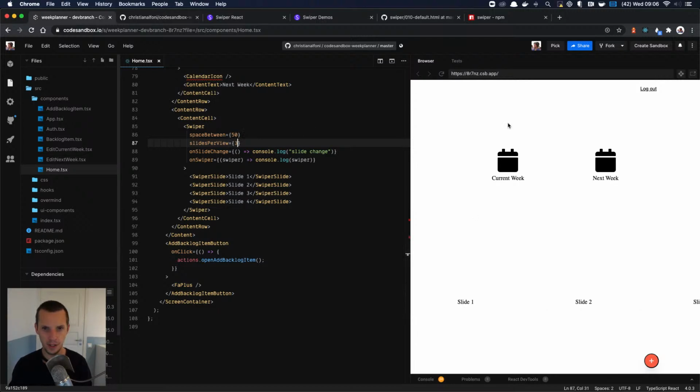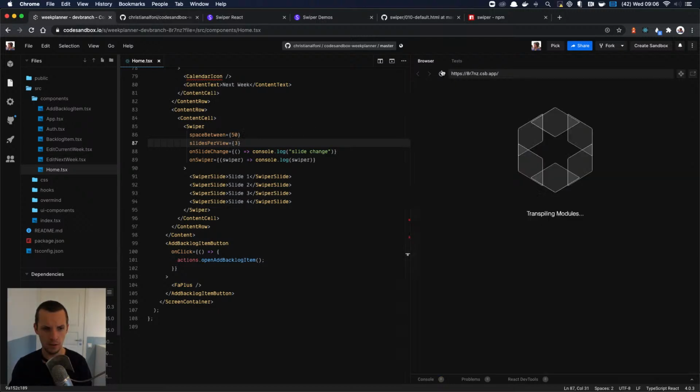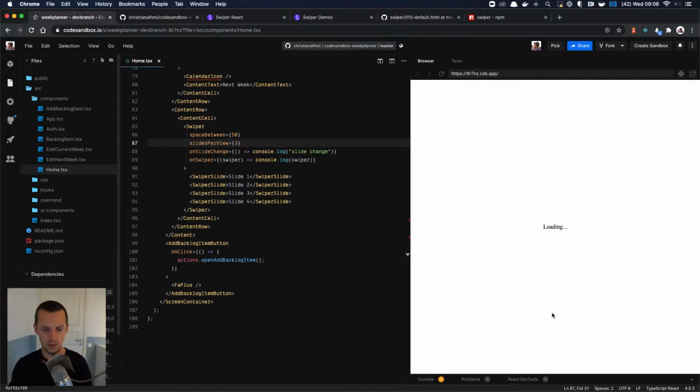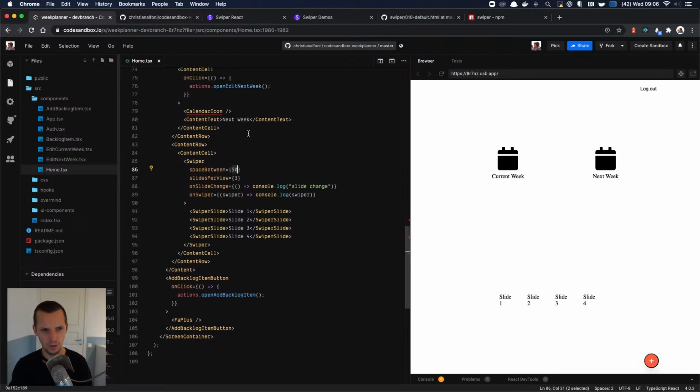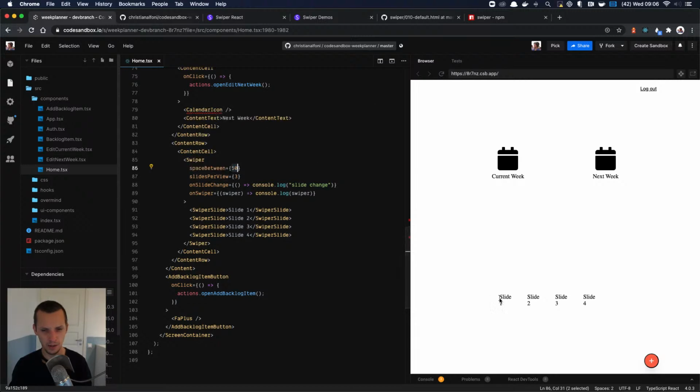And if I say 3 here, what does it show then? Now they're just smaller? Is this space between, is this something I have to code? Is this supposed to be the width of the page? But isn't it space between slides? What the hell is this? Huh? What the hell does this mean? Okay, so now it gets bigger.